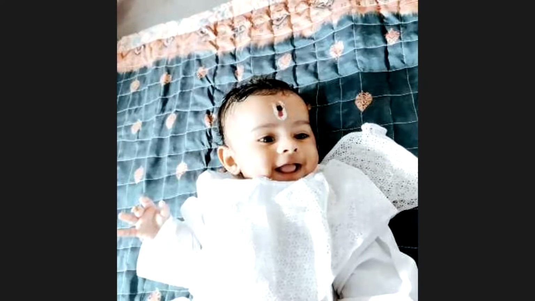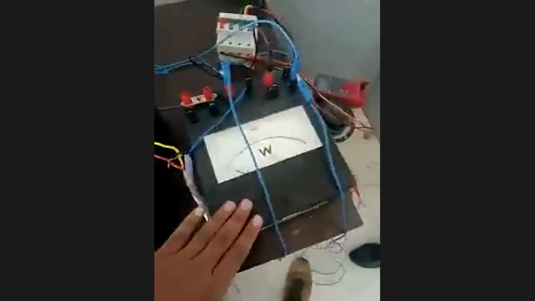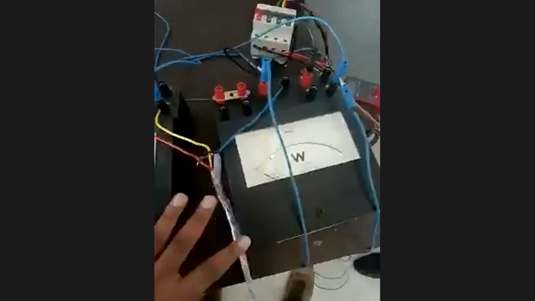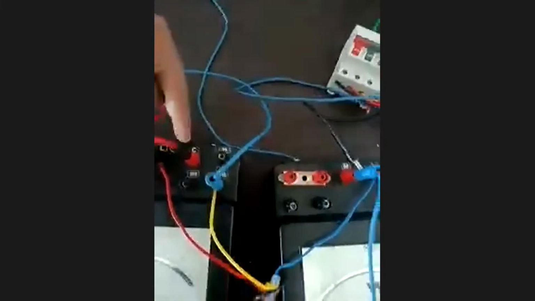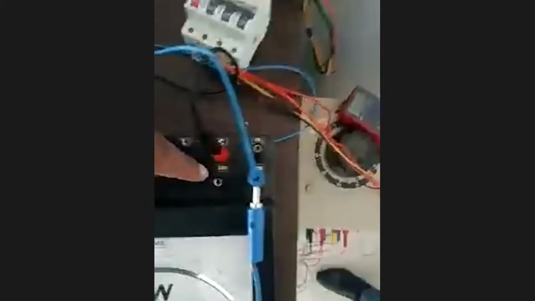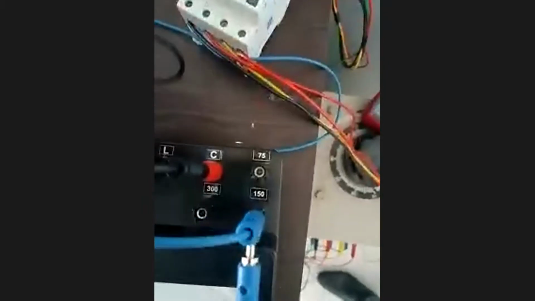Yes, sir. Okay. Next, the voltmeter, I will remove that one. See here, this is wattmeter 1 and wattmeter 2. 2 wattmeters are required here. One will connect to the R phase, another to the B phase. Anyone we can connect. And here some voltage ranges are there, 75, 150, 300. This is visible or not? They have written it here. Yes?